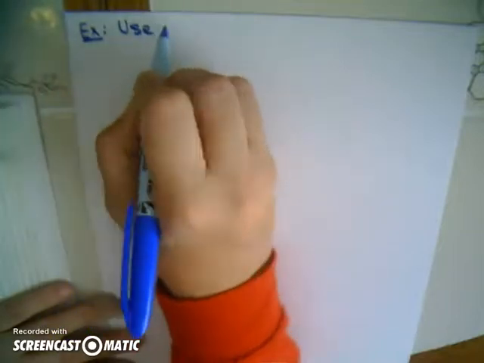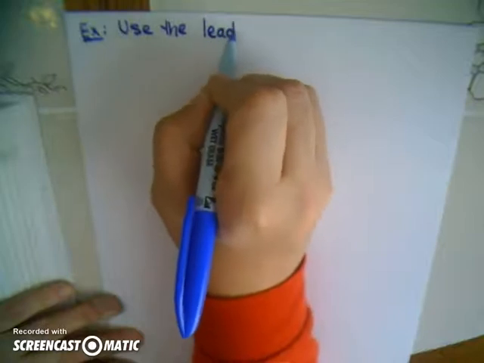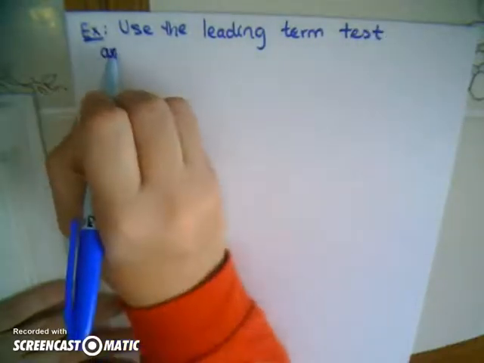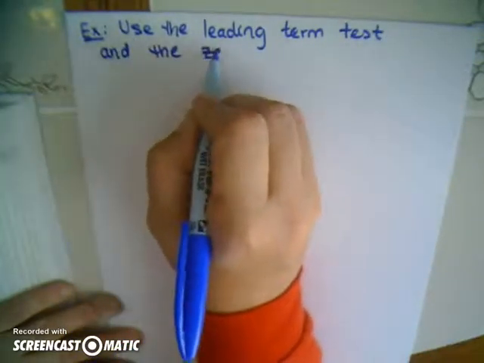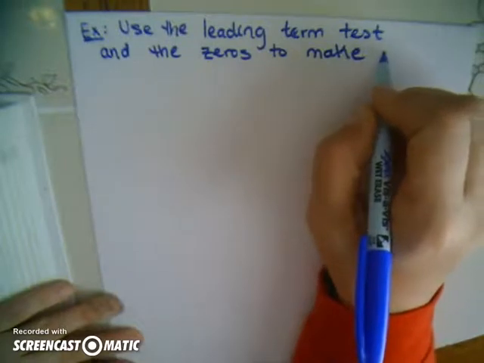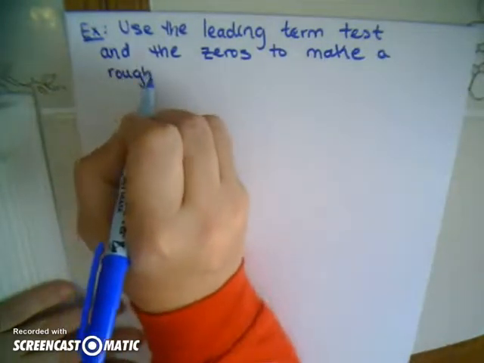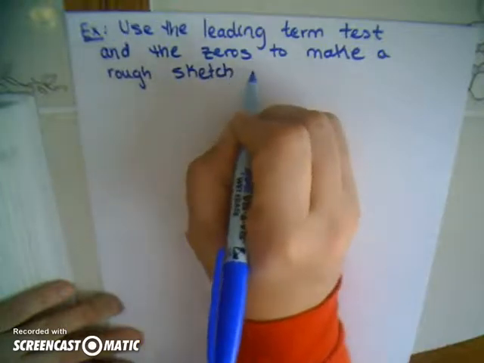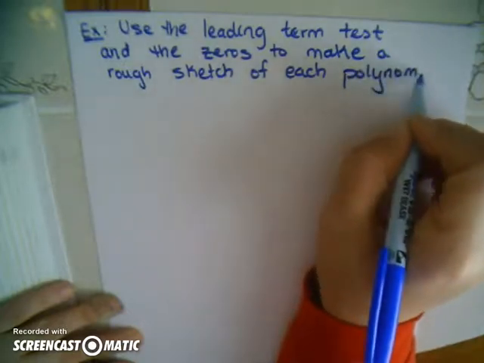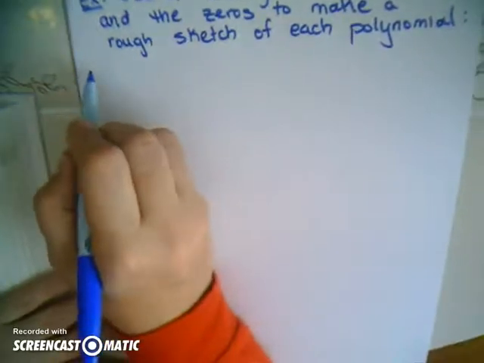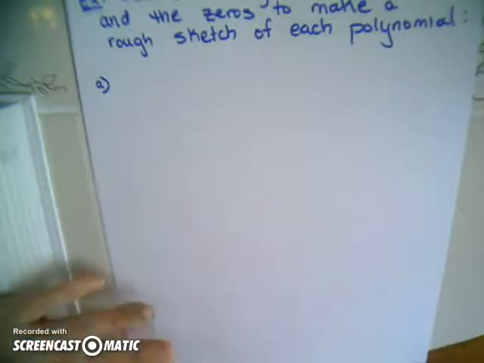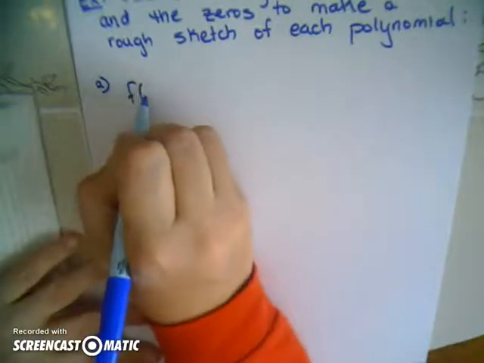So we're going to use the leading term test and the zeros to make a rough sketch of each polynomial. And we're going to look at 2 of them. So this first one is going to be fairly simple, but it's not going to be factored for us. So we're going to have f of x equals